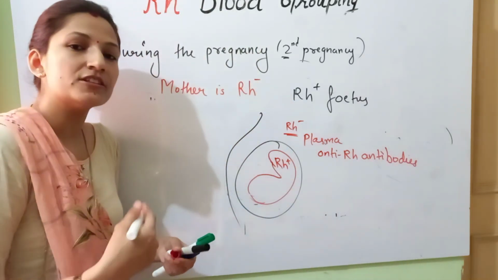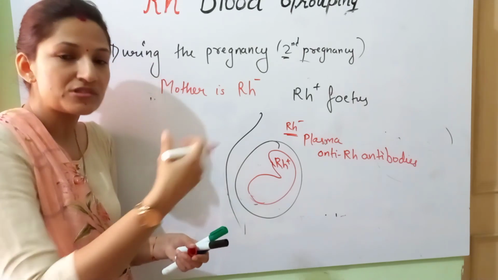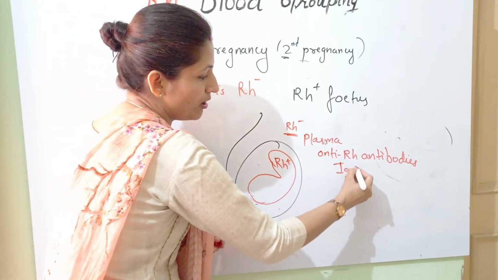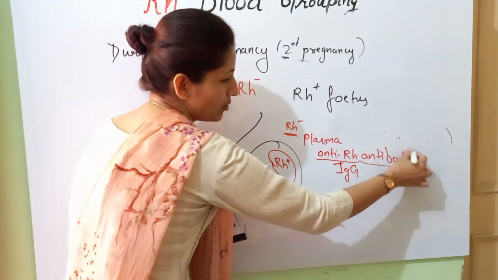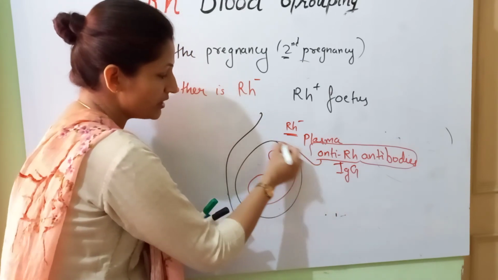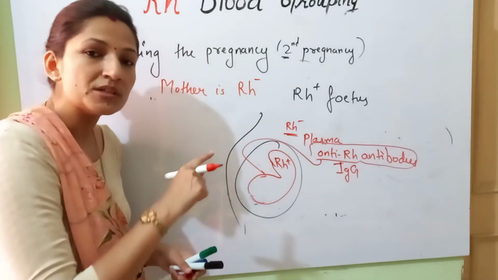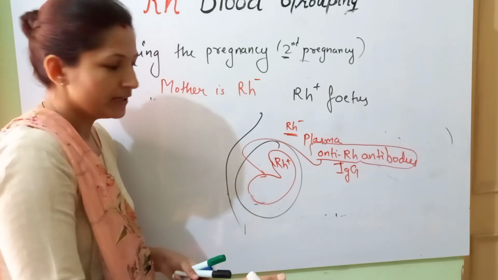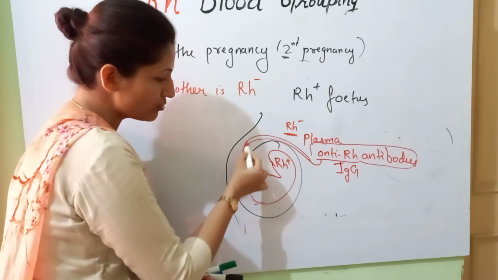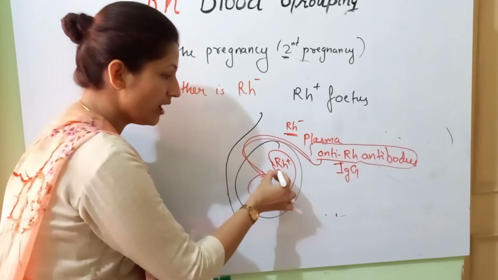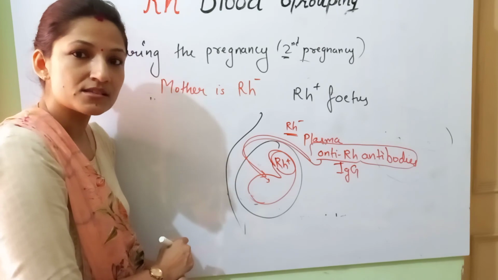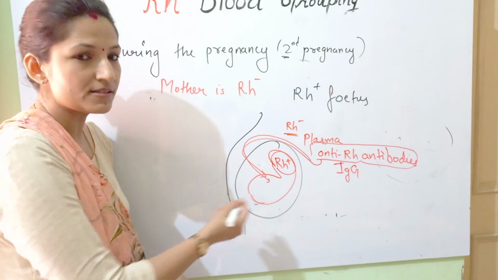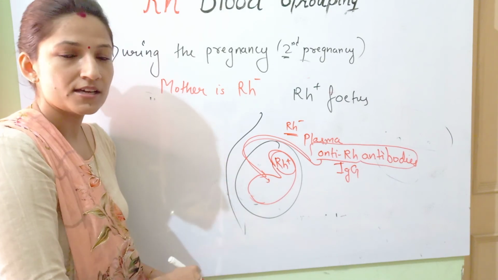Okay, so after the gestation period, when it started proceeding, at that time these antibodies, the immunoglobulins, start entering into the fetus through the placenta because they are capable of crossing that barrier. Fine. And when they start entering into the fetus's body, they start rupturing the red blood cells because there is Rh positive factor. Got it? As a result, the death of the fetus is going to happen.